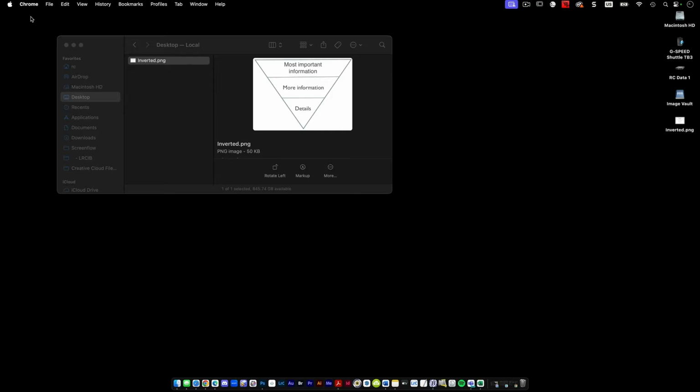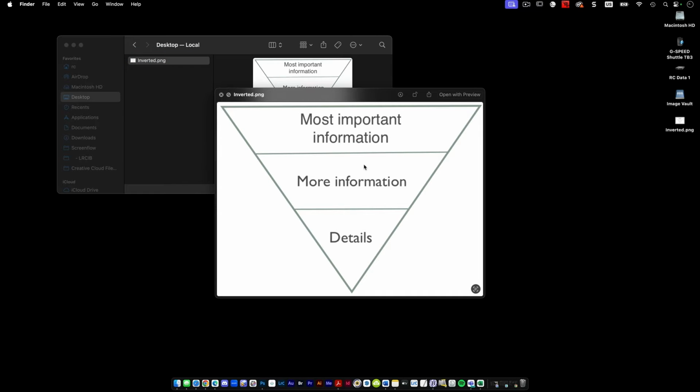And I was thinking to myself, all right, well, we know that in journalistic news writing, one of the common things that people would use is something called an inverted pyramid. It kind of looks a little like this, right? Most important information is at the top, then more information, and then details. You want to be able to get the crucial things at the top and then kind of funnel your way